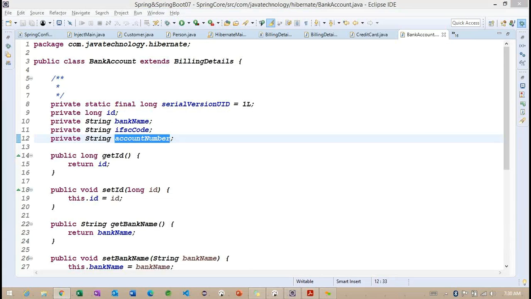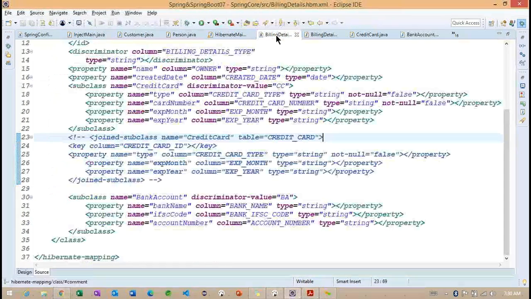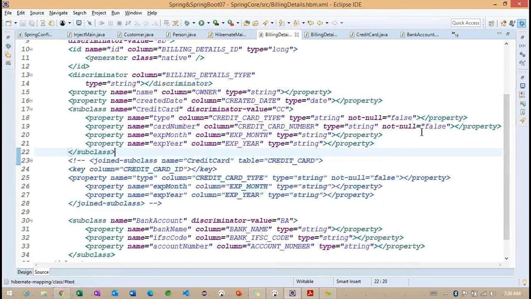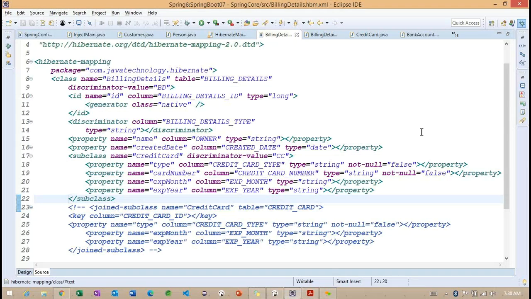We are having the ID because this particular ID is going to play a very important role. What is the important role it's going to provide? It's going to have the primary key and foreign key reference. Right. Back to here. As we discussed, we are going to work with three tables here. These are the objects we are going to extend, and we need to work with the mapping file. This particular mapping file is important here.